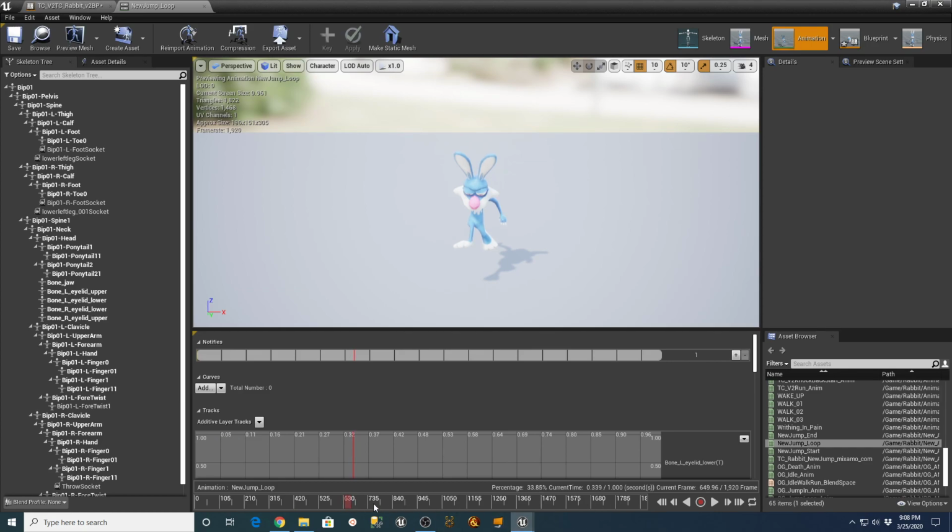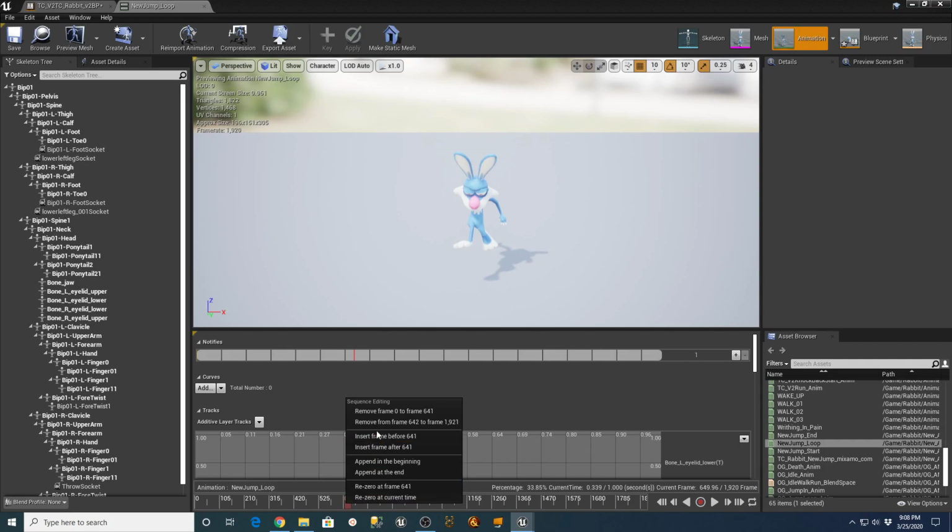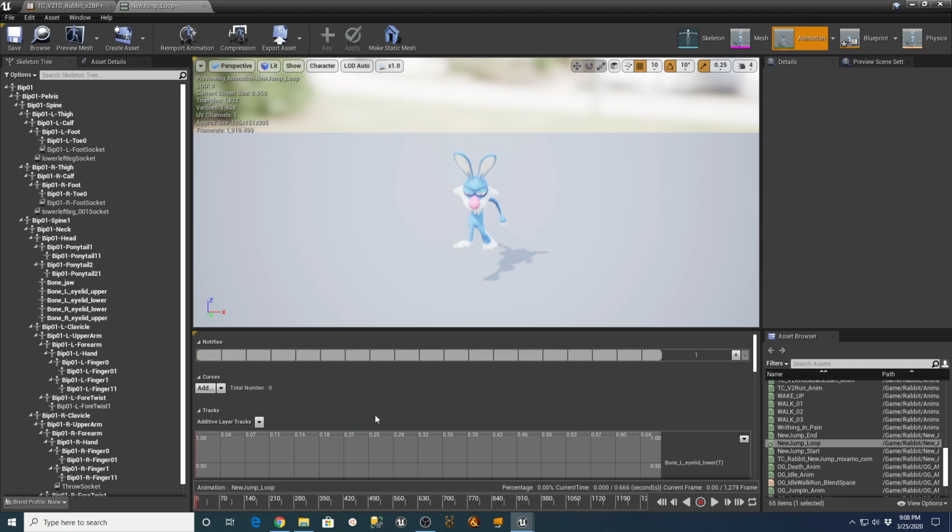Alright, so I'll take 649, it's good enough. I'm going to say remove from frame 0 to 641. Doesn't seem quite right, does it? Pretty close though. And this is going to be him falling down, so it's just going to be this little